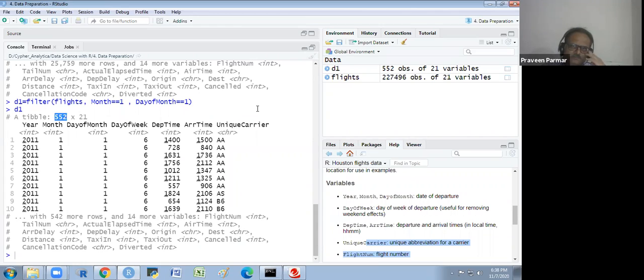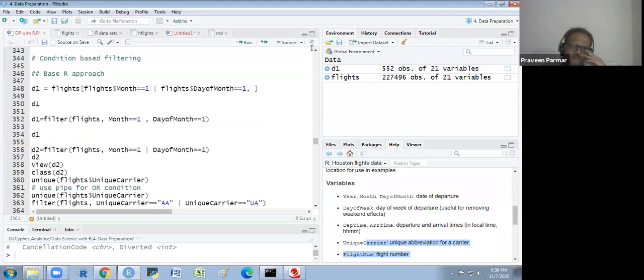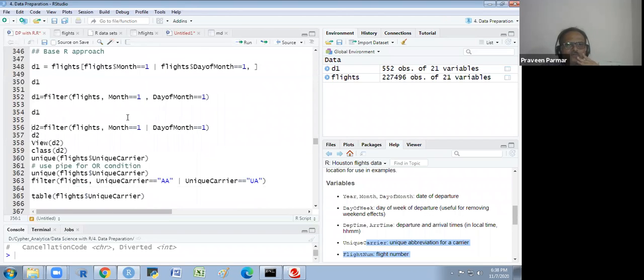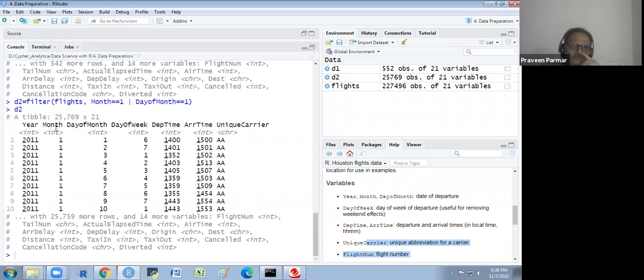Any doubt? Now I will use the pipe function. The function would be the same, but here the data, and month and day of month filter. But you will get the same thing. I will show you, 25,769.